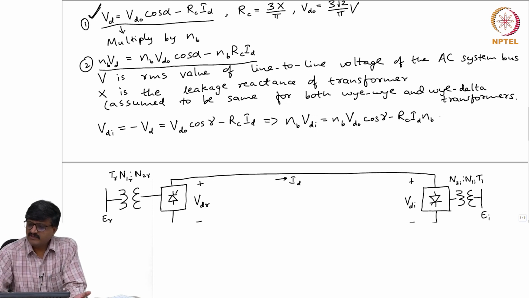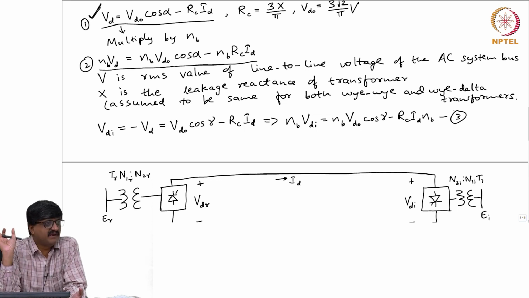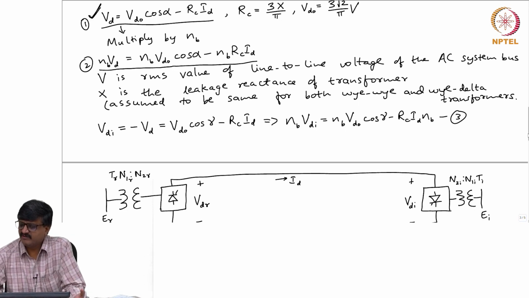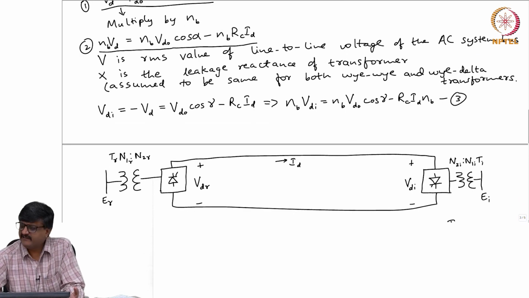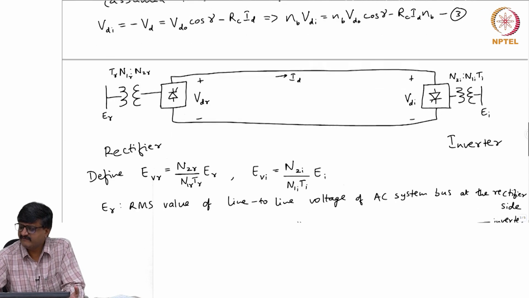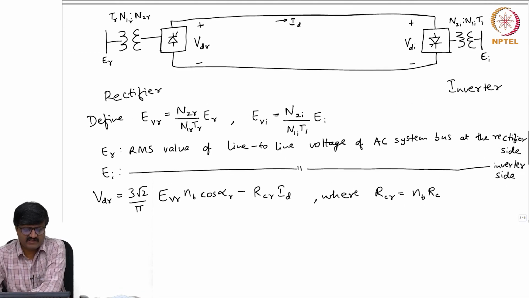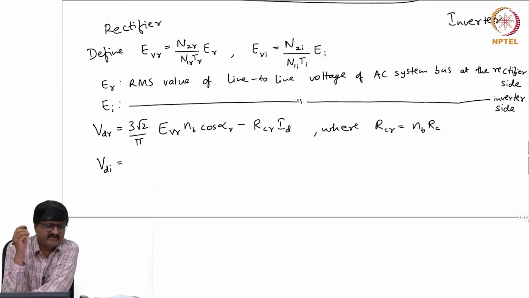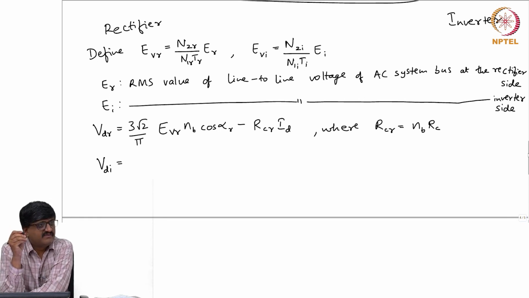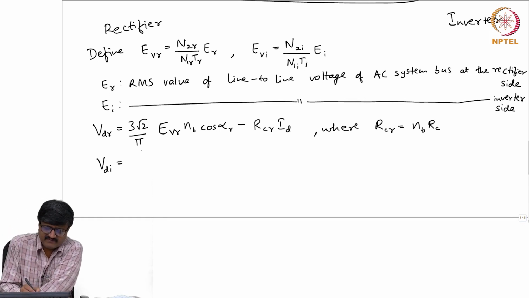Now, equations 2 and 3 are slightly different. 2 is in terms of alpha, 3 is in terms of gamma. We will see shortly why gamma is used for the inverter and alpha for the rectifier. But before that, can we write from this equation 3, coming back to this figure, a similar equation as we did for the rectifier? So, what is VDI? Similar to the previous equation, it is 3 root 2 by pi into